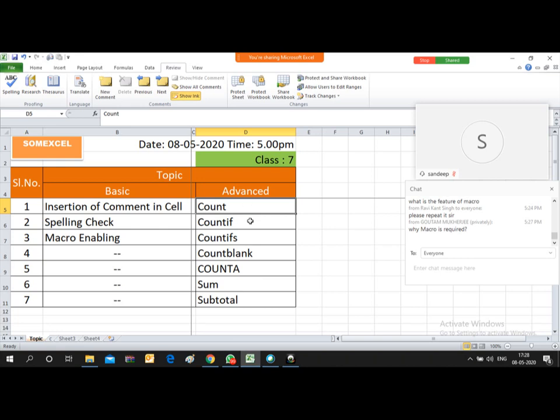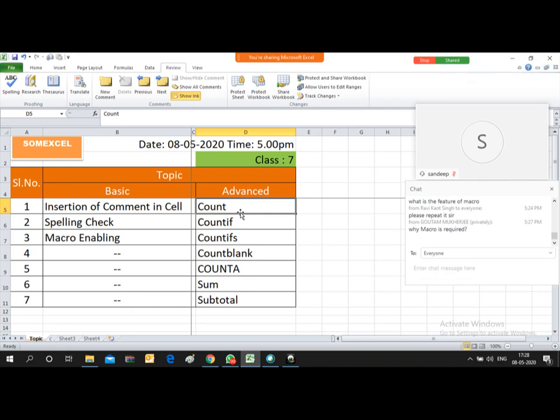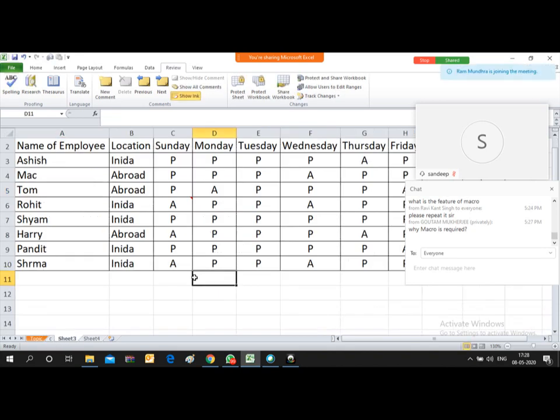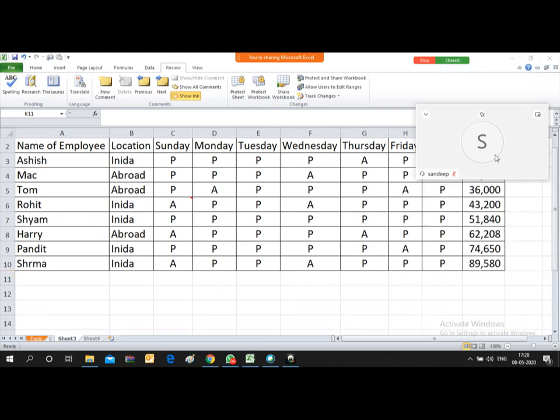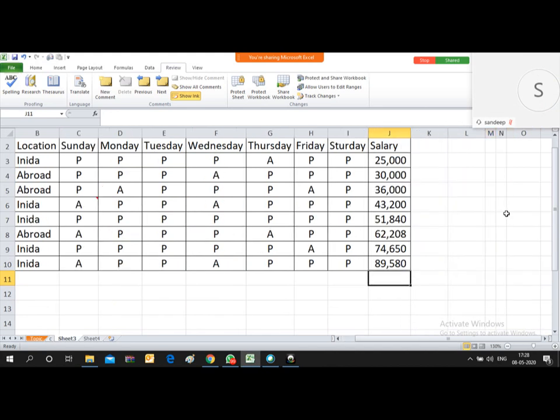So let's use this count function. Friends, count is utilized to count the numbers in any column. Suppose under this column, if I select it, I will find there are 8 count.